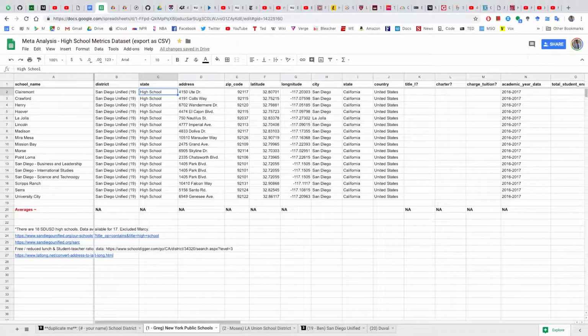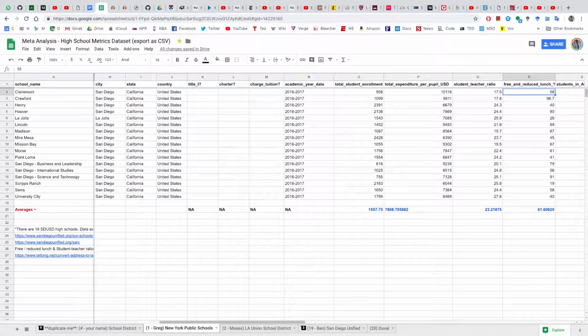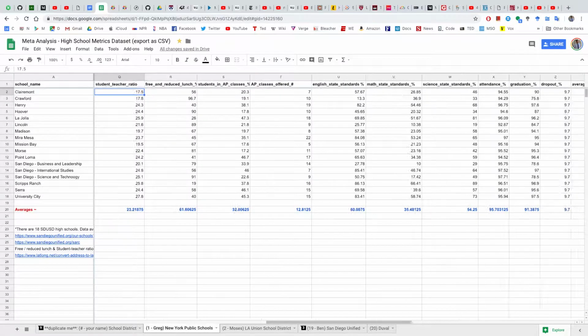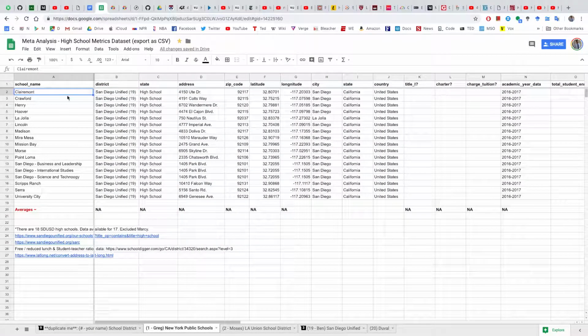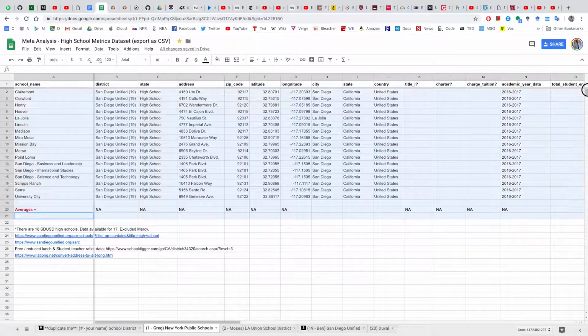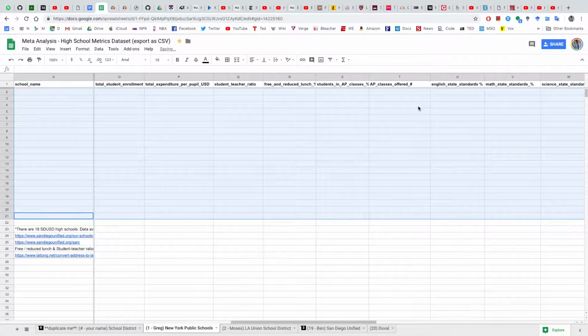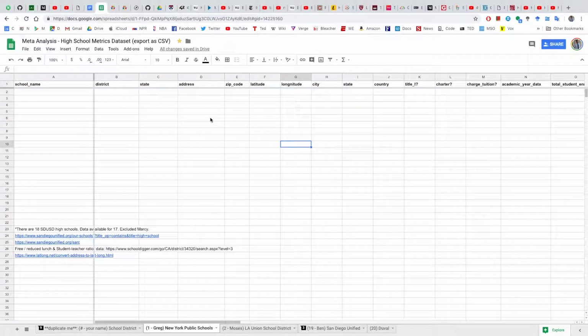Take a very brief look at this sheet. This is the data we're going to collect from SARC and other publicly available information. This is irrelevant for us for now, so I'm just going to delete it so we could populate this data. So what you want to do first is find out which high schools are in your school district. You could do this with a Google search.